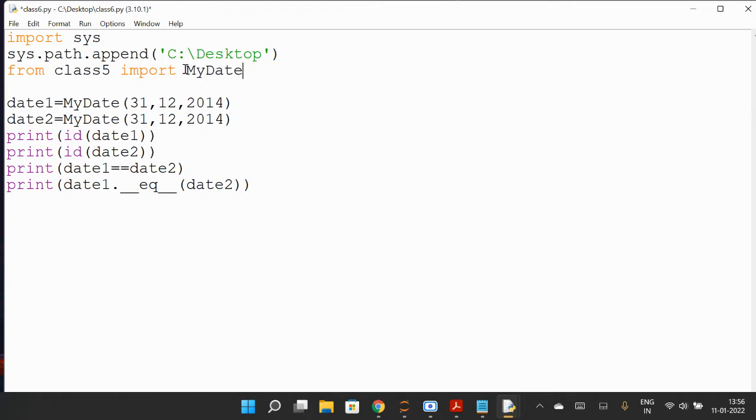The class is MyDate. It's the name of the program, whatever name you save, that name, and this is the module or class we have defined inside that program. So see here, MyDate is not explicitly defined in this program, but we can use it here. So like here, date1. So this is the